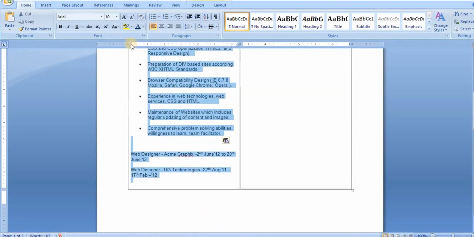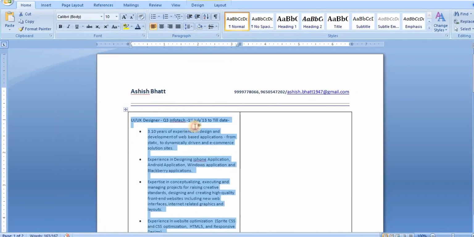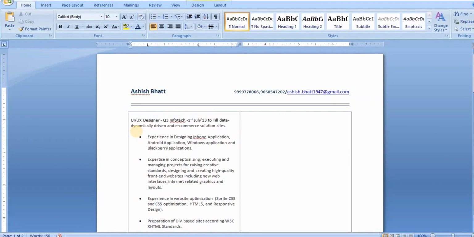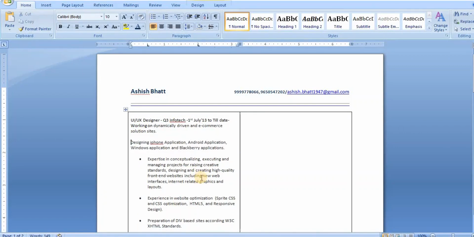This portion only, and I'll shift to experience and convert it into category. That is good enough. No need to mention 3.10 years of experience because we have already displayed this stack of experience. So it can be written like working on. We need to change the content of the resume. Working on dynamically driven and e-commerce solution sites. Experience in designing iPhone application. Instead of experience, you can write hands-on